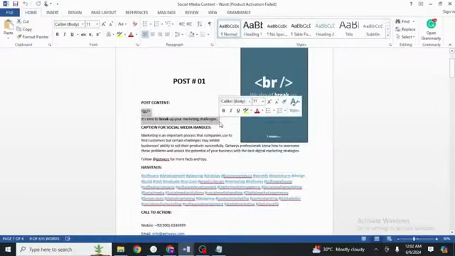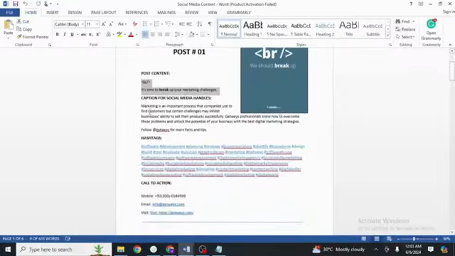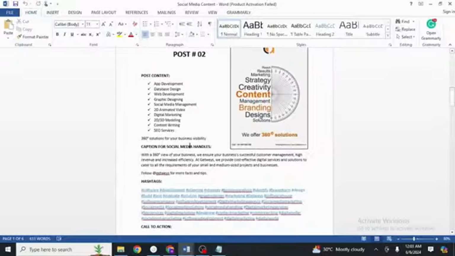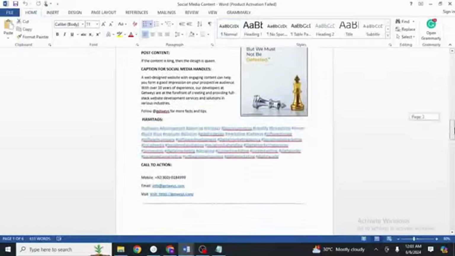It must not have difficult words that the user might not be able to understand. Then we add a caption. Again, it should be an engaging caption. It should have a call to action, some short sentences, and it is preferred to have some kind of bulleted list or something like that.